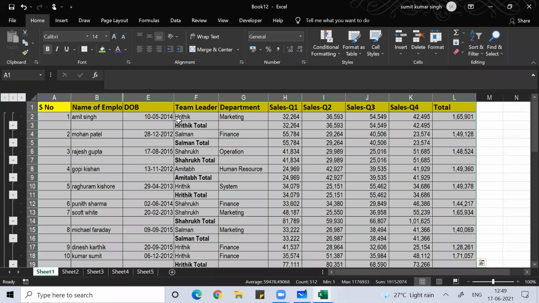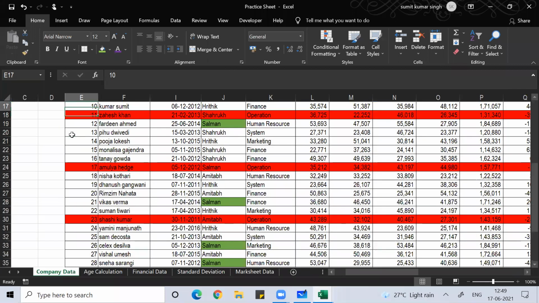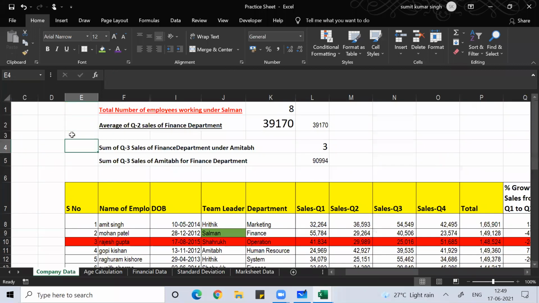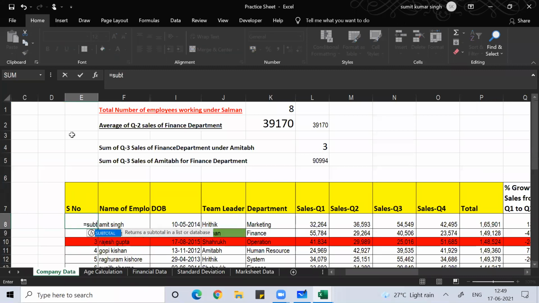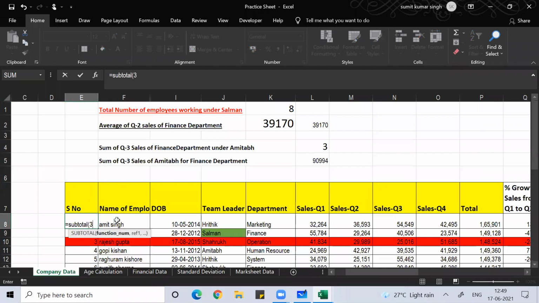Earlier it was not happening, guys. Why it was not happening? The reason is because of this formula, the subtotal formula which I've used. You remember in serial number, I used that subtotal function, so that this numbering should be proper. So this cell, double quote, this cell. So this thing happens, guys.